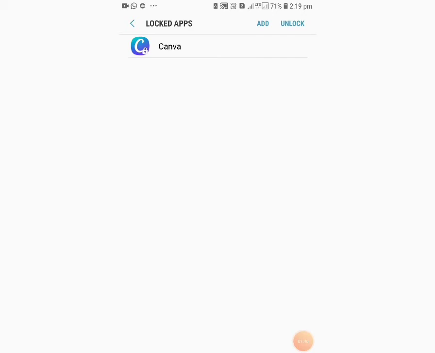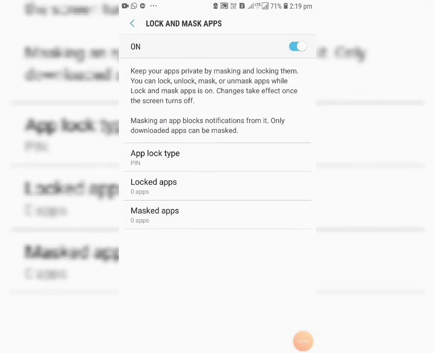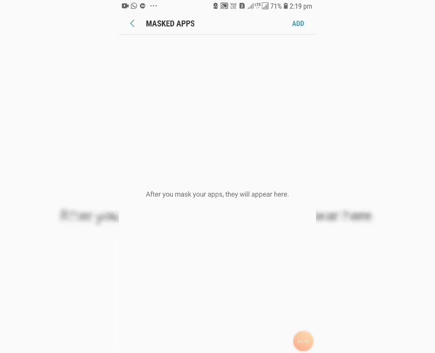And if you want to unlock any app from your Secure folder, click on unlock, choose app and click on unlock, then back. And if you want to mask and hide any app from your phone, click on mask app,